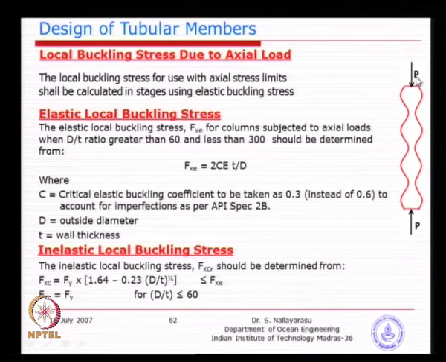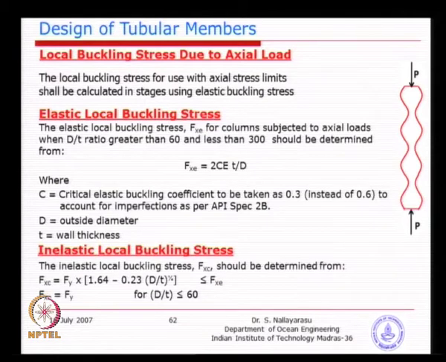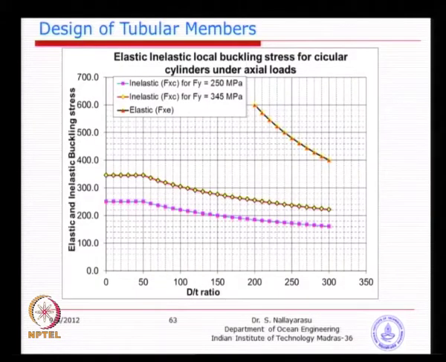Here we have axial load, and the elastic buckling stress is calculated using this formula, which is basically 2 Ce, the reverse of the d by t ratio. The inelastic buckling stress is calculated using this formula, and you have to find out whichever is smaller and substitute these values back into Fy. So, we have taken into account the global buckling by KL/R, local buckling by the d by t ratio, and if I plot this graph, I think you will get something like this.